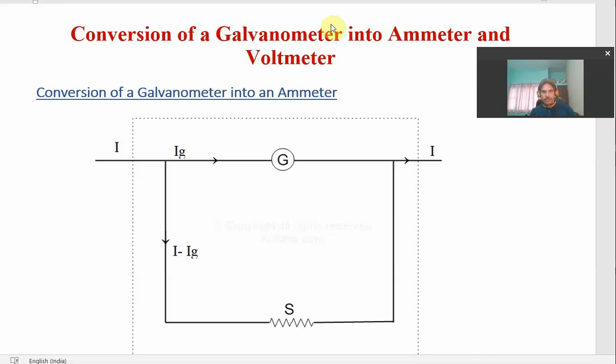So we came across the view that if we want to increase the accuracy of the galvanometer, we must increase the value of deflection which is produced in the galvanometer, which depends on the sensitivity of the galvanometer. The sensitivity of the galvanometer can be increased by increasing the number of turns on the coil, the strength of the permanent magnets, or we can use strong permanent magnets, and then the area